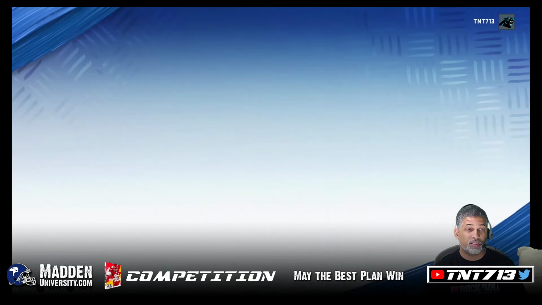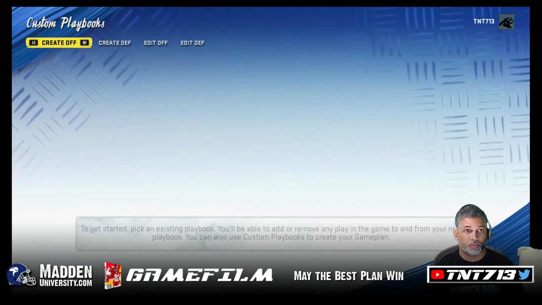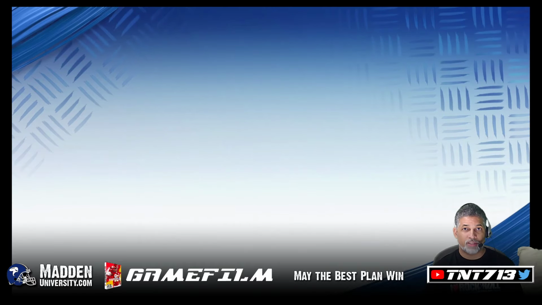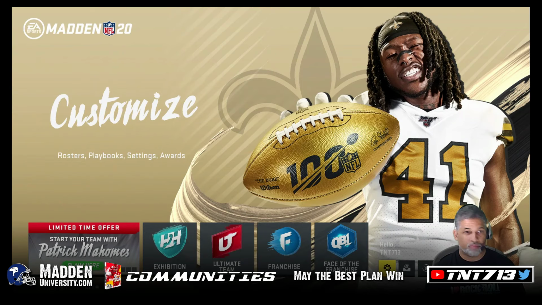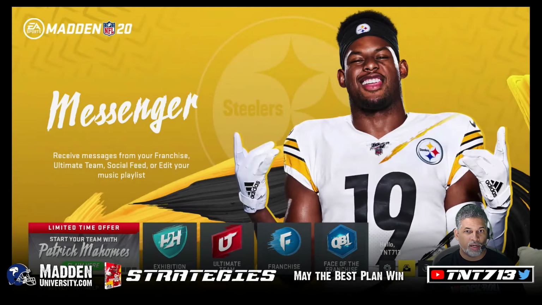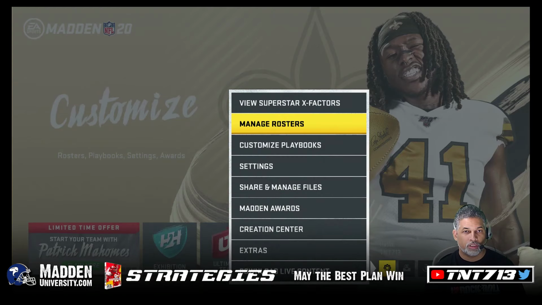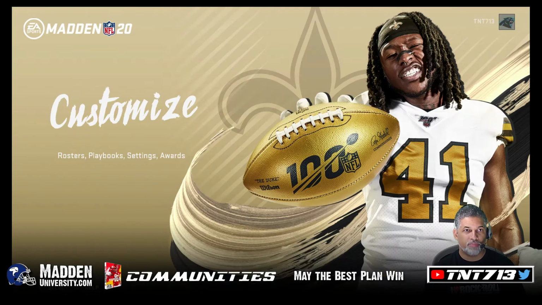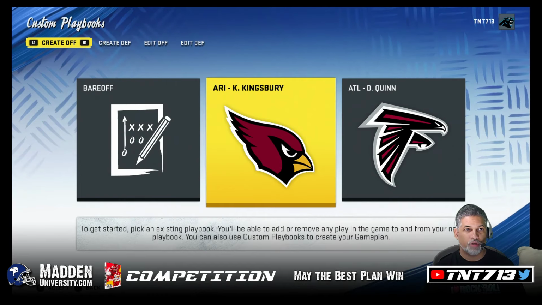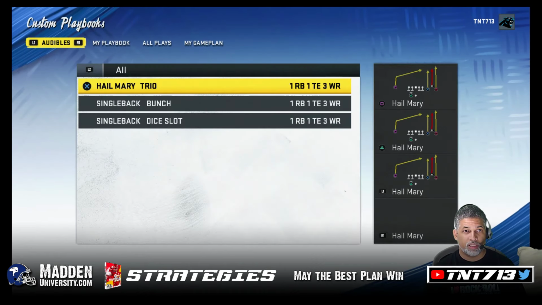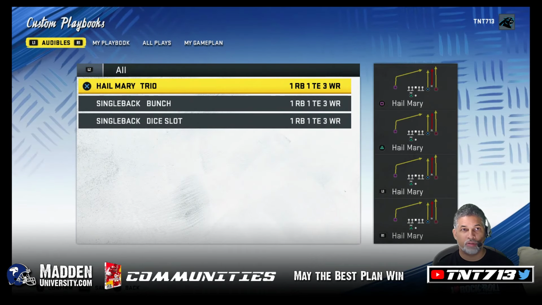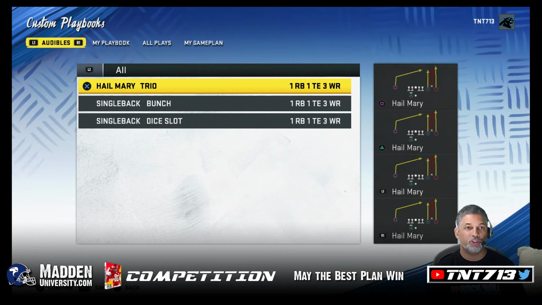And what this does is that when I come out, I'm gonna go back to the title screen. So when I boot up the game, I hit the button to get from the original animations. It's going to bring me to this title screen. And then if I want to customize a playbook and build one straight away from scratch, I go straight here, hit this button, and boom, I start building my playbook. Now it's going to add this Hail Mary trio